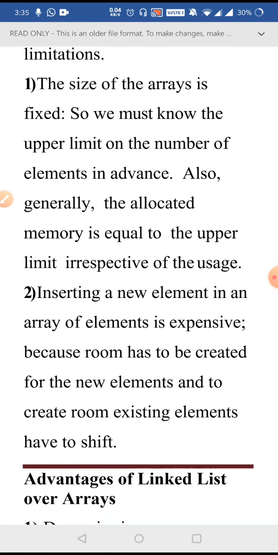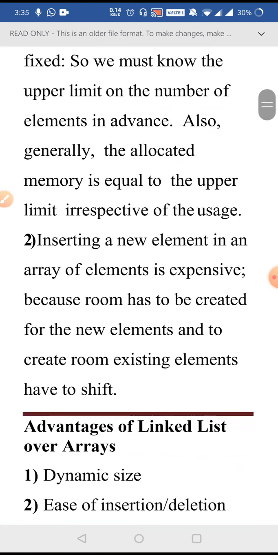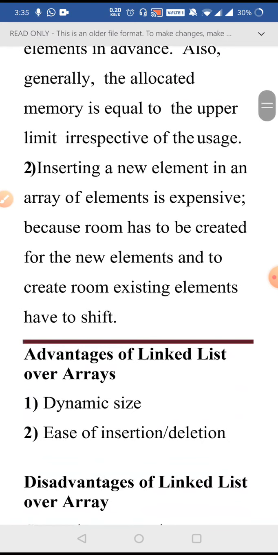And inserting an element in an array is expensive because we have to create space for the new element by removing the previous elements. So these are the limitations of array, and the advantages of linked list over array.